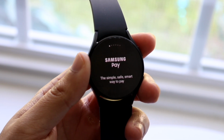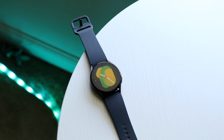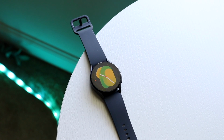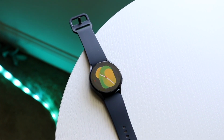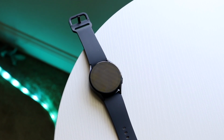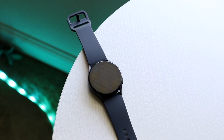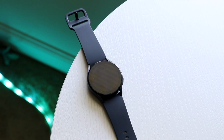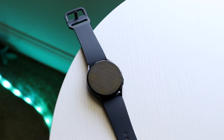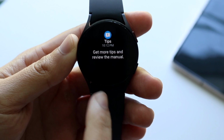Now, starting off with the outside of both these watches, you couldn't probably tell the differences between either one of these. They look pretty much almost identically the same. On the front, they both have the same exact sizes. So you can get the 40mm size or the 44mm size between both. Another thing is the screen sizes, whichever way they're measured, are exactly the same as well. They're both 1.2 inches for the base models, but they go up to 1.4 inches as well, which is really nice. So from the outside on the front, they're pretty much almost the same exact thing. I don't think you could tell that big of a difference if you got the same